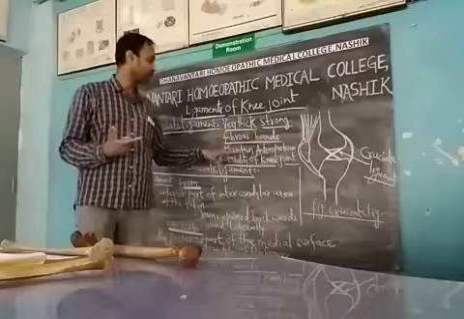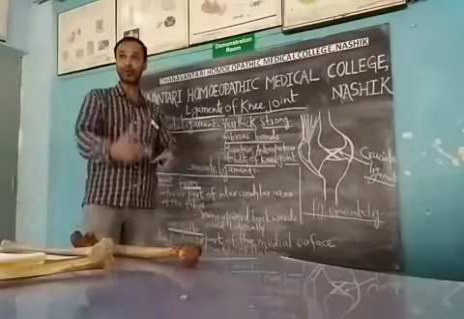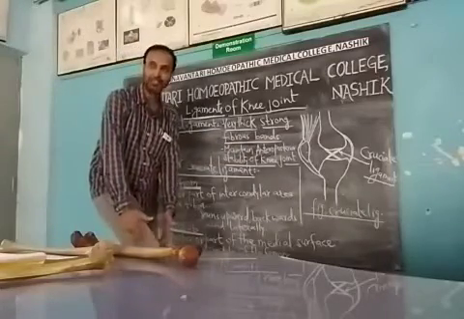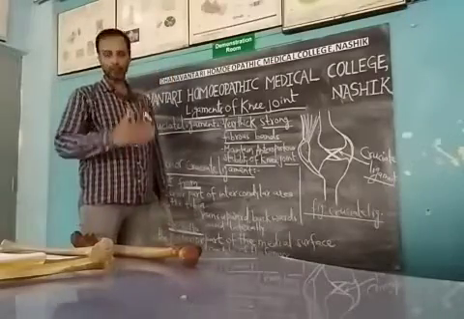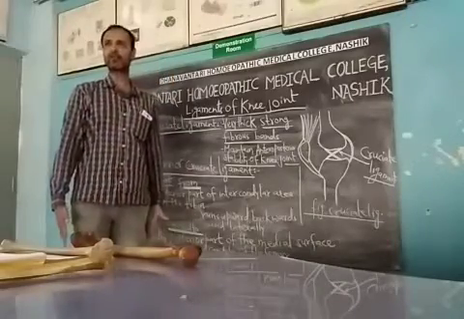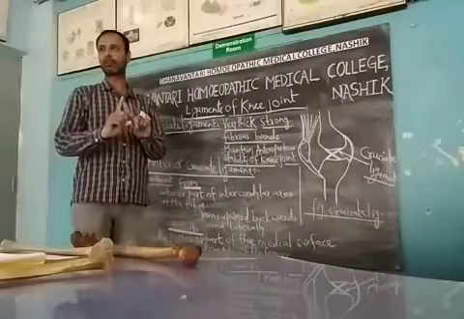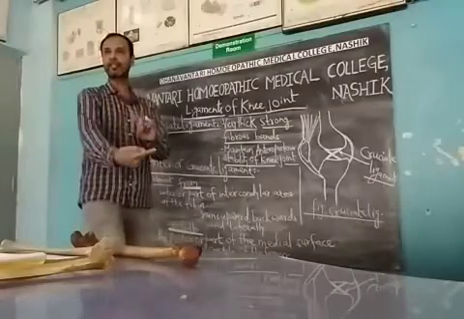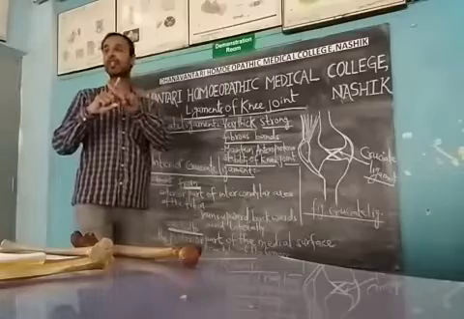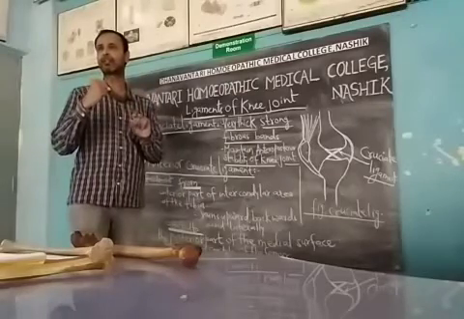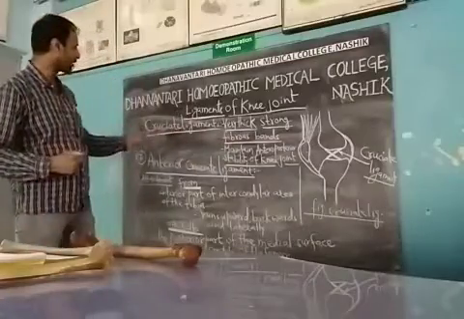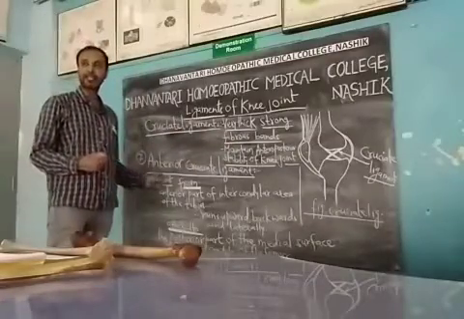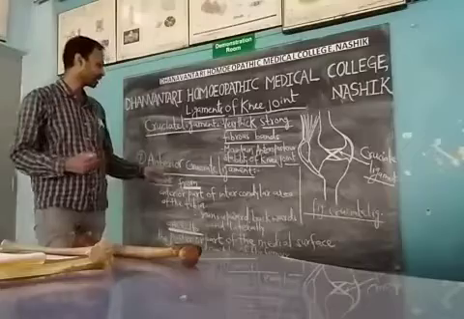The cruciate ligament maintains the antero-posterior stability of the knee joint. When we are standing, it maintains the stability from anterior to posterior. So antero-posterior stability of the knee joint is a very important part. Now here are two ligaments which we are going to learn. First, the 7th number, the anterior cruciate ligament.